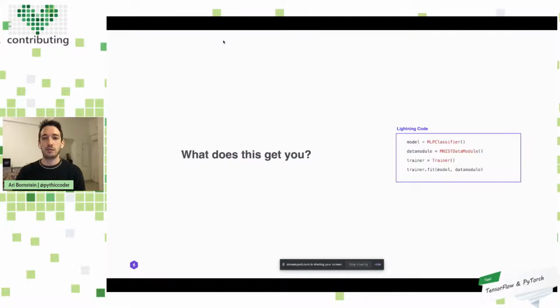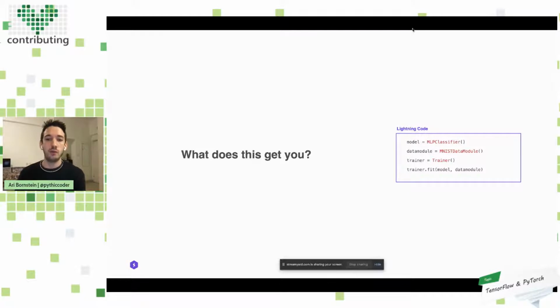One of my favorite parts is, let's start with distributed training. So what I have here is I have my model, which is a basic classifier. I have a data module, which loads up the MNIST data set, and I have a trainer. To train my model, all I have to do is trainer.fit. I pass in my model and my data module. This is pretty standard. If I were to go online, I can find 100 examples of MNIST.